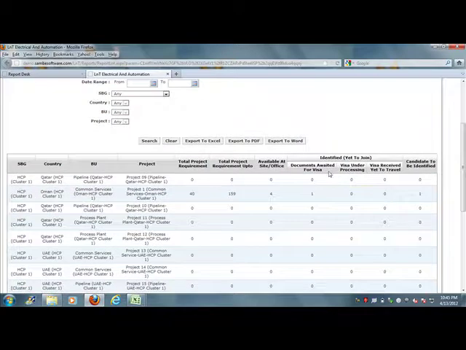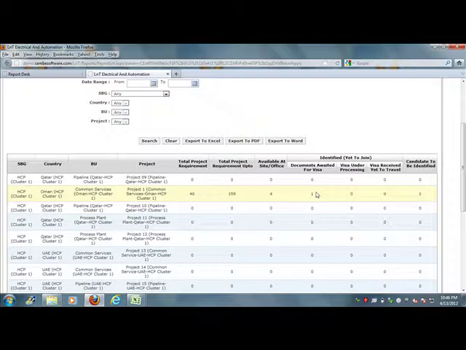So you can see that under a particular project, under a particular SBG, BUs and country, the number of candidates required is this, and the total project requirement up to is this, and the employees already available is this.